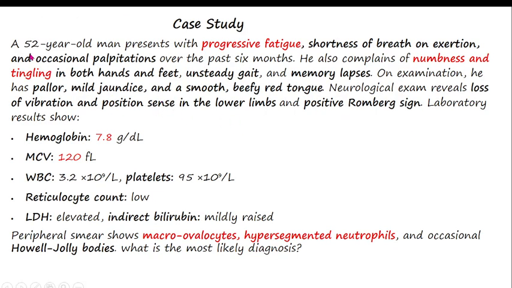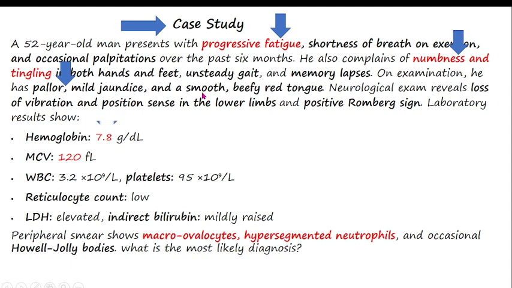Please focus. We have this 52-year-old man presenting with progressive fatigue. Okay, the progressive fatigue means maybe there is hypoxia in the tissue, oxygen is not reaching there properly, which we can say is oxygen deficiency. There is numbness and tingling in both hands and feet. This confirms that there is neuropathy. When you look carefully, there is mild jaundice. This one is normally common for